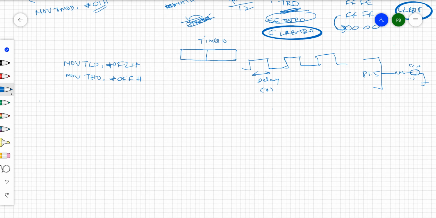After execution of the first instruction, it is going to be filled with F2H here, and after execution of the second instruction, it is going to be filled like this. That means in timer 0, the value is going to be stored like this, FFF2H.